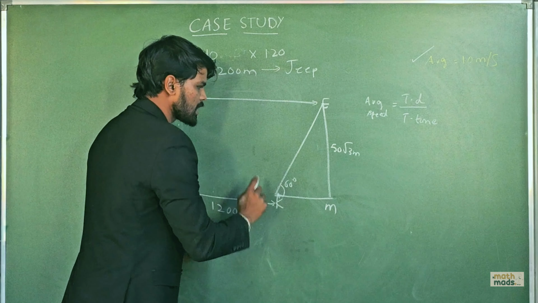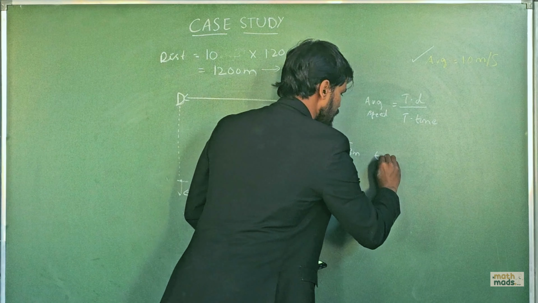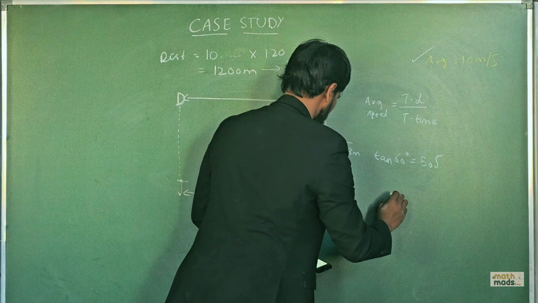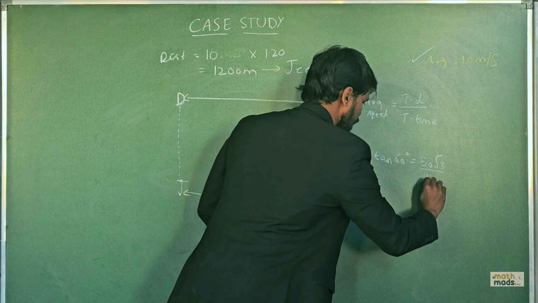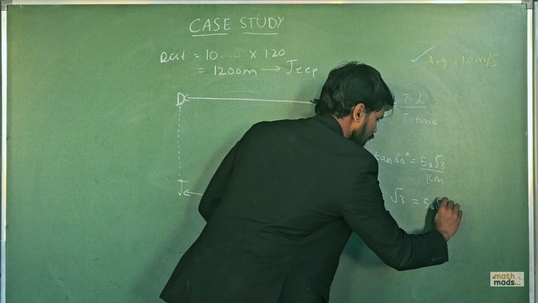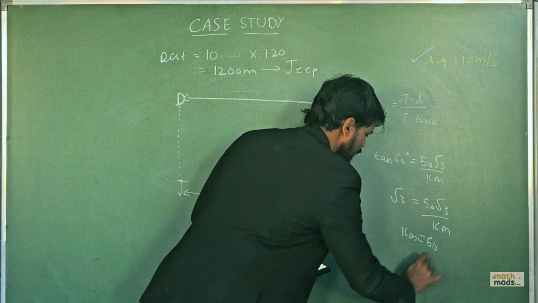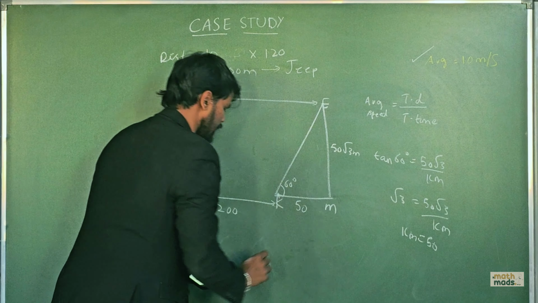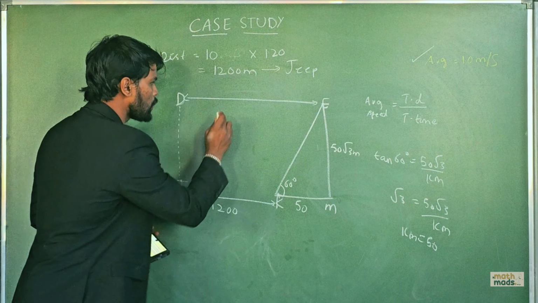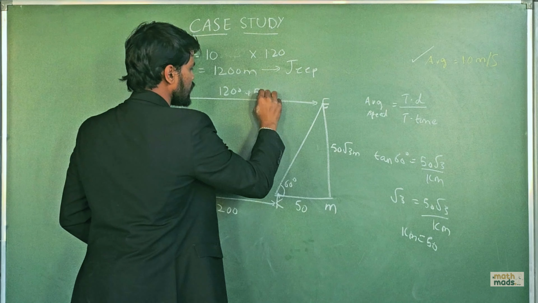So now I have 60 degrees here. I know what is the opposite side. I have to find the adjacent side. Simple. Tan 60 degrees is equal to 50 root, is it 50 root 3? Yes, 50 root 3 by Km. So we all know what is tan 60, that is root 3, is equal to 50 root 3 by Km. So we have Km is equal to 50. So Km is 50. Now the total distance traveled by the drone is 1200 plus this distance, that is 50, which is nothing but